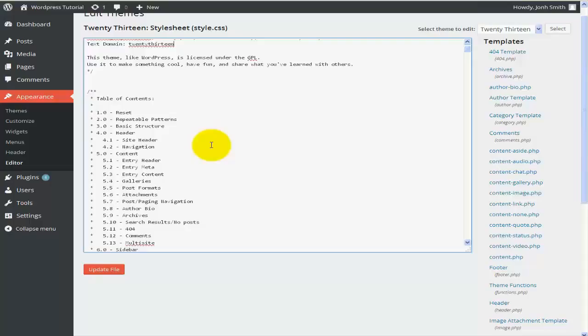So basically changing the theme with WordPress 4 is very easy. You would just have to select the theme that you think would apply the most to your business or the web page that you're trying to create. You have to upload it and then just custom